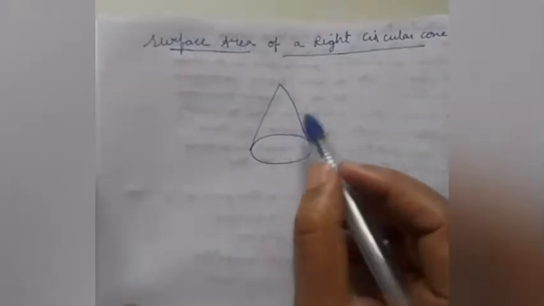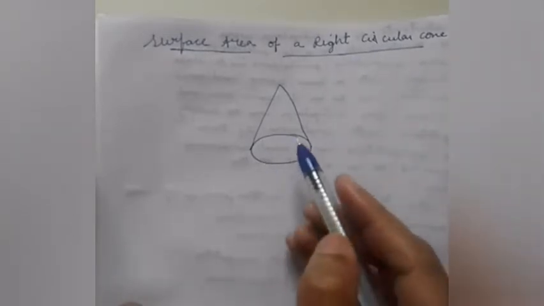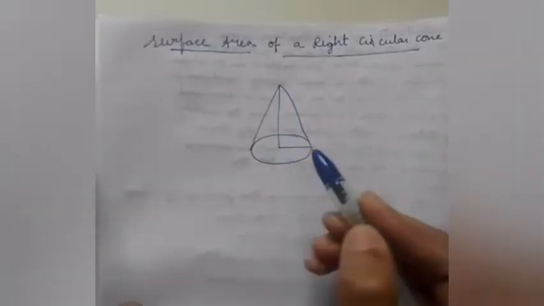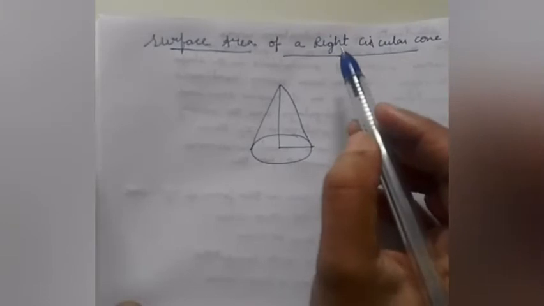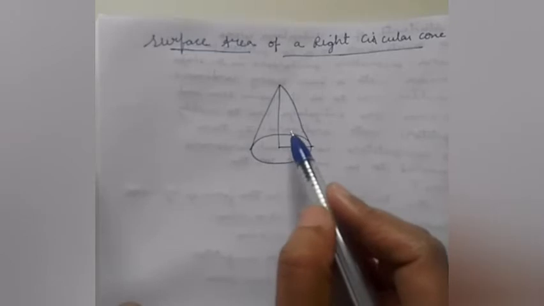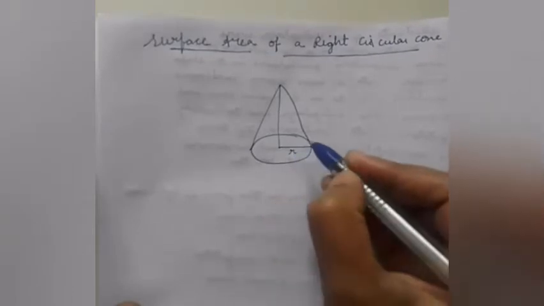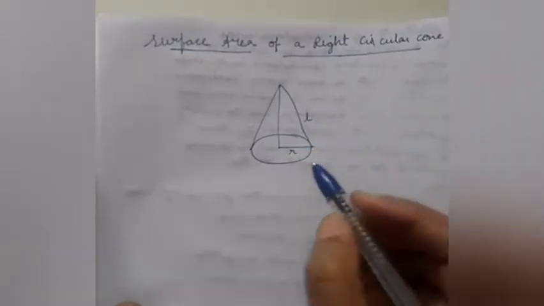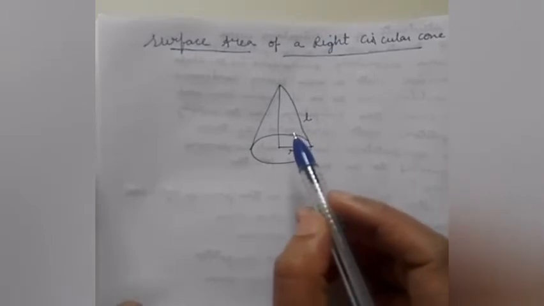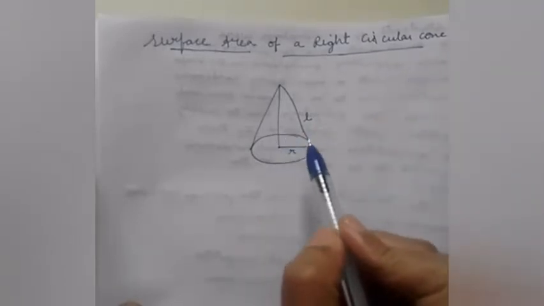We are talking about a right circular cone because it is circular, as there is a circle, and right because the circle makes a right angle with the axis. So it makes a right angle with the axis, so it is called a right circular cone. Here in this topic we will be talking about the right circular cone where we have the radius r and this is the length L, and here also we will be talking about the curved surface area of the cone. Here if we say cone, it is always the right circular cone we are talking about.